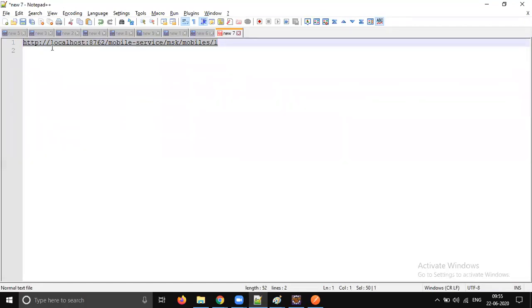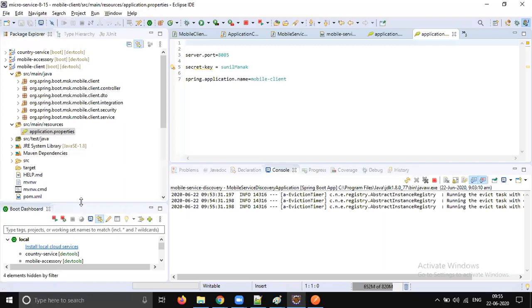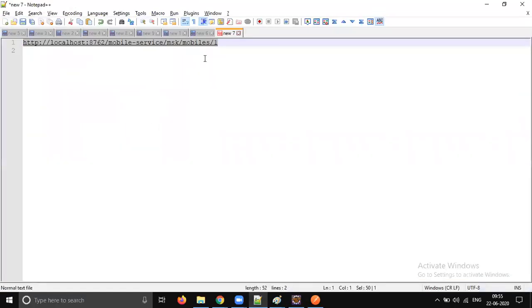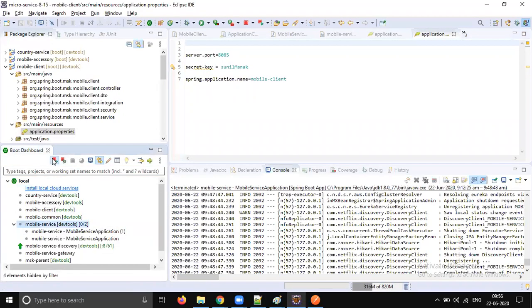Let's first test our mobile service. First, let's test whether the load is balancing across two instances or not. Let's quickly start the mobile service two instances and check.